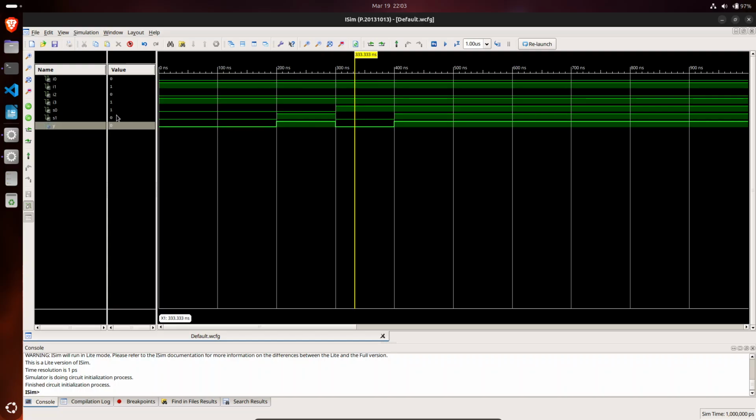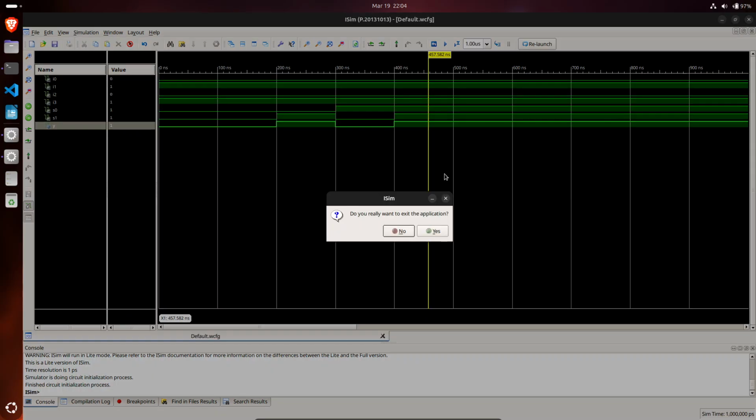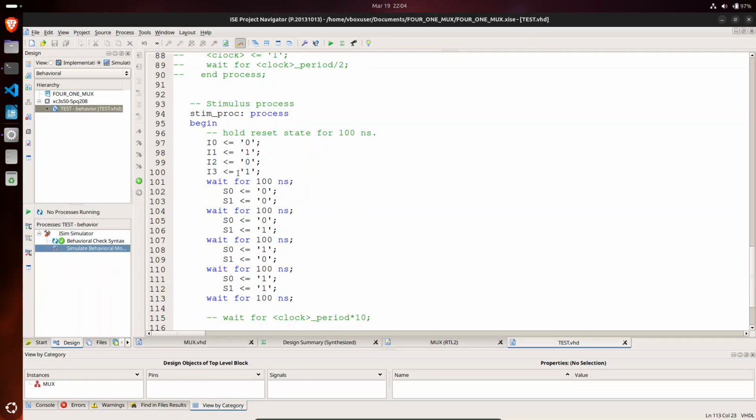1 0 means it's 2, so it will give 0. Why 0? Because I2 is 0. That's why. And for the last case, 1 1 means 3, it will give 1. Why 1? Because I3 is 1. Nice, it works properly. So okay, nice. Just cut it down and let's do it via the basic